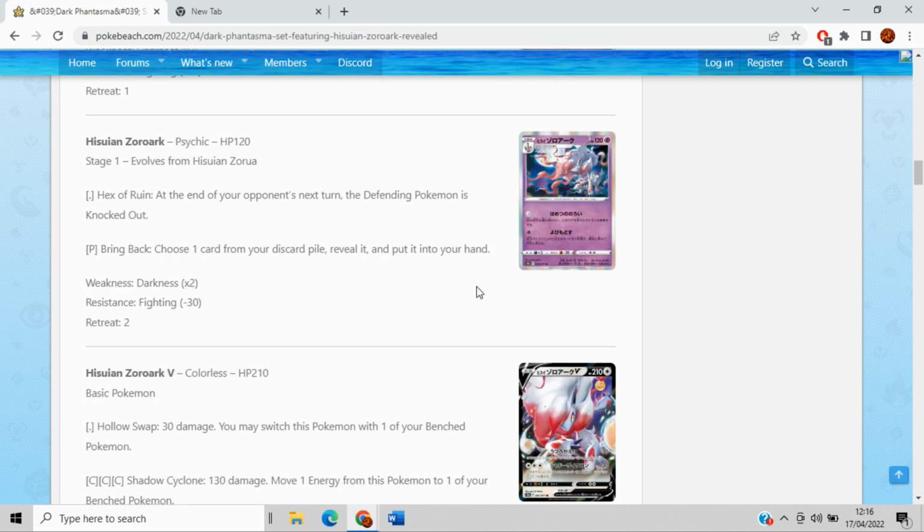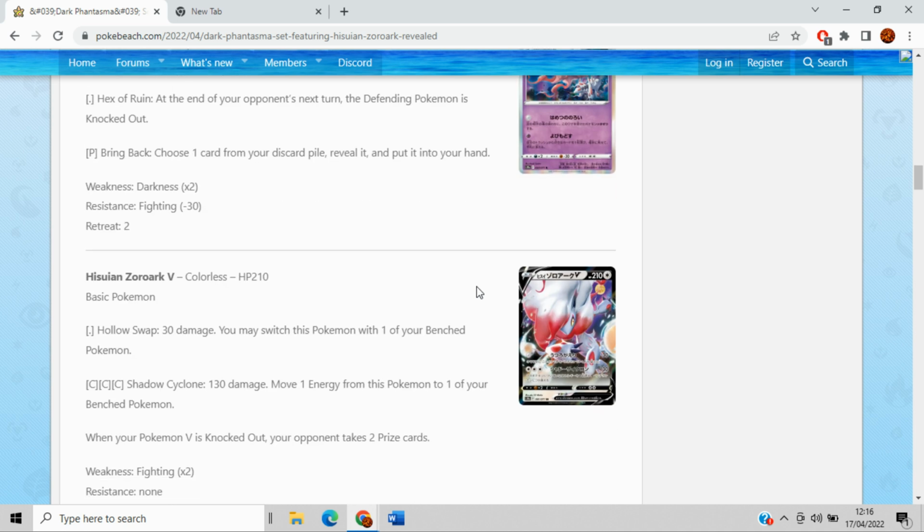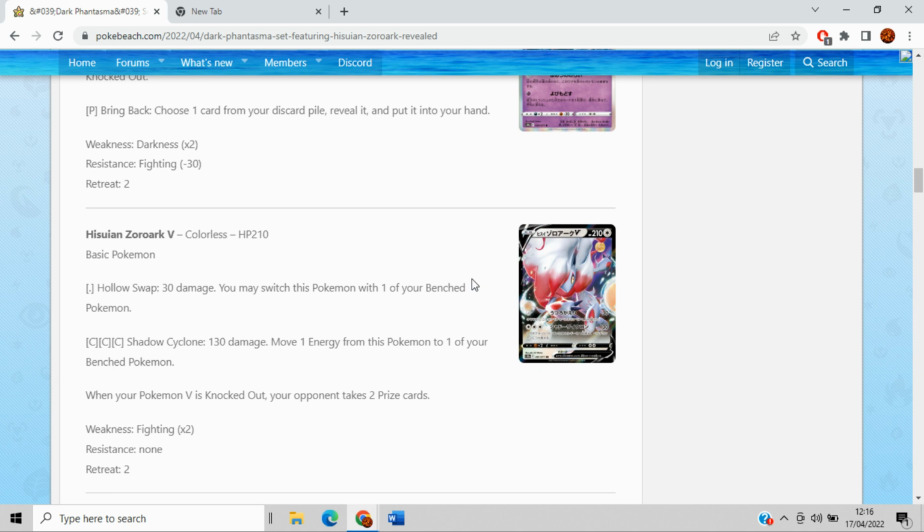It's just like maybe a bit too niche for standard right now, but in control maybe it could be pretty good. Hisuian Zoroark V has no thing. Big thing for me is that Hisuian Zoroark is Colorless type. So yeah, you immediately have to point out we have access to Charon's Care, we have access to Powerful Colorless